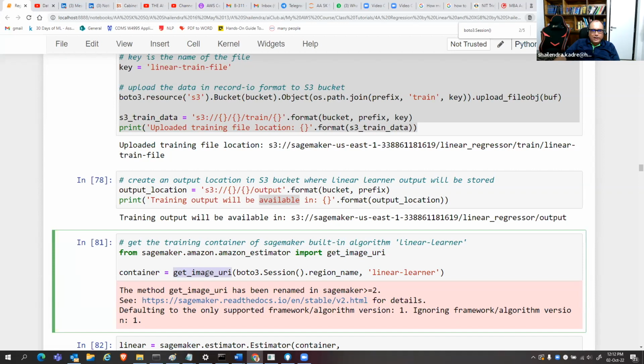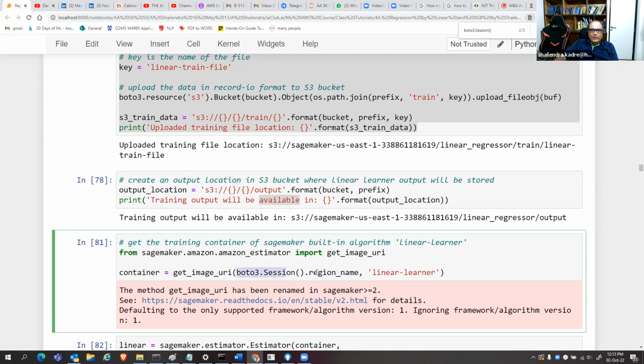Once we have imported get image URI, with the Boto3 session we have session dot region name. Once we do setup in Amazon, we have region names like North Virginia, Ohio, Mumbai. Different regions have different services available, but you can load any region and get practically any service. Maybe a microsecond delay, so it hardly makes any difference. Whatever region your Jupyter file is currently running in,